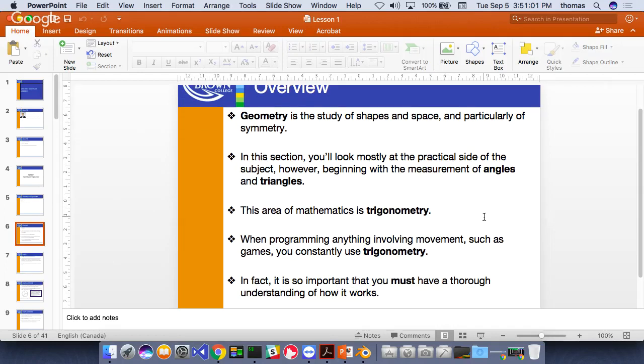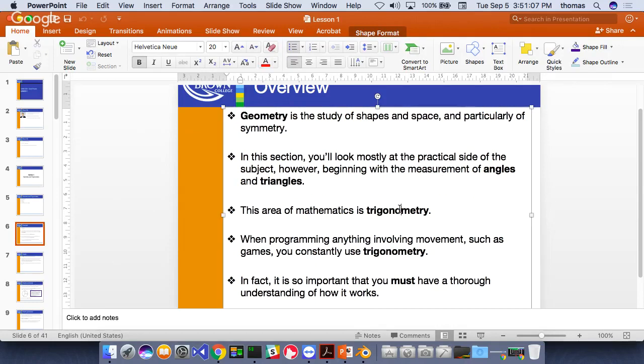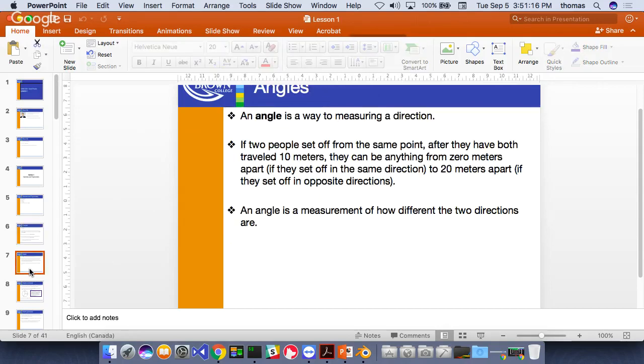Okay, so when it comes to things around triangles, we use trigonometry. Geometry is basically the study of shapes. Trigonometry is really the study of certain special shapes, triangles. Please forgive me, those of you who are bored out of your mind and who know what trigonometry is.